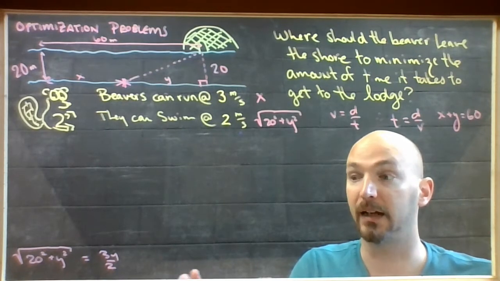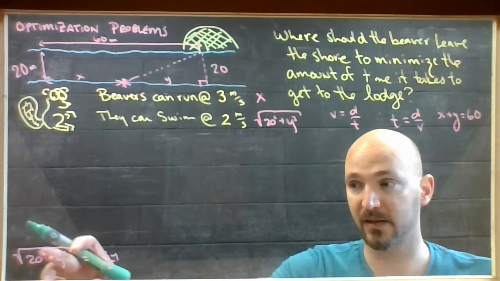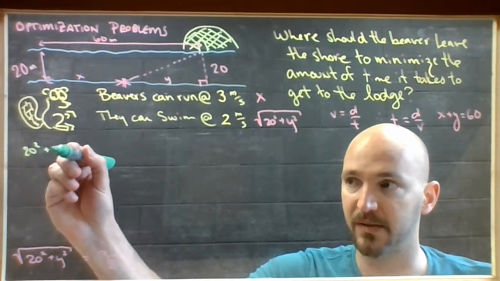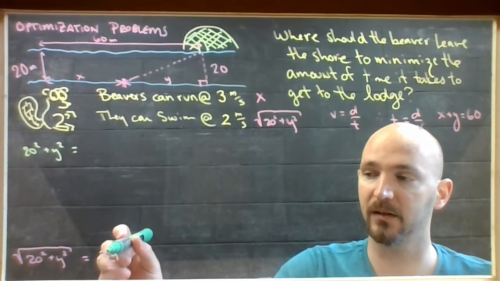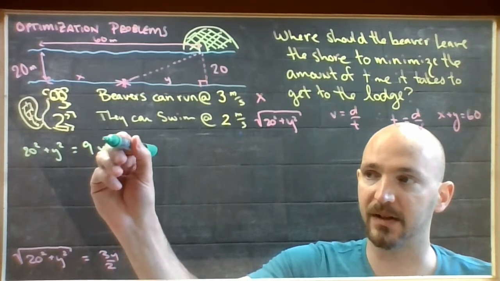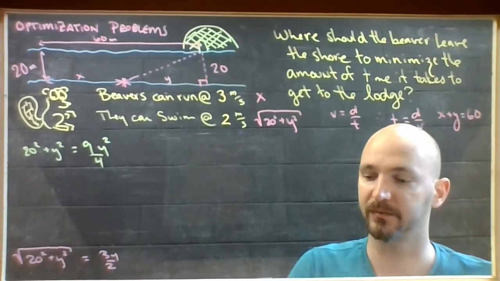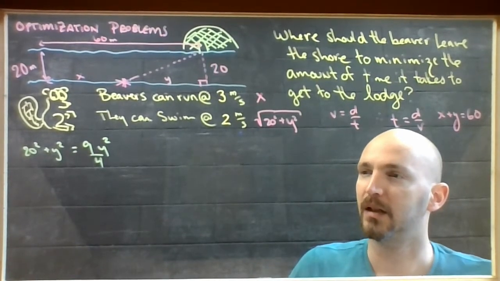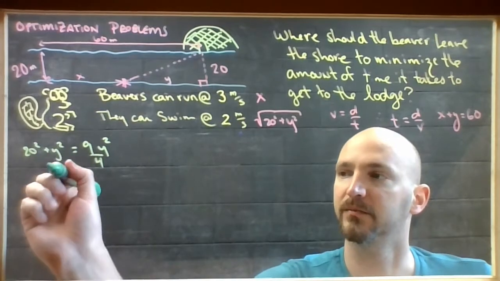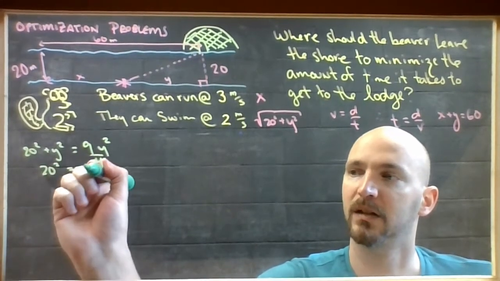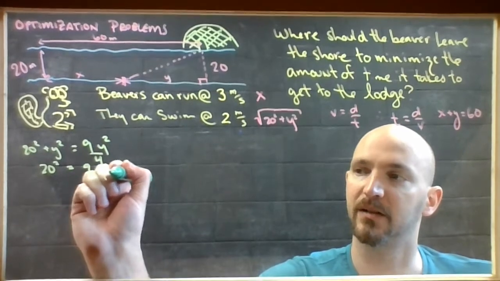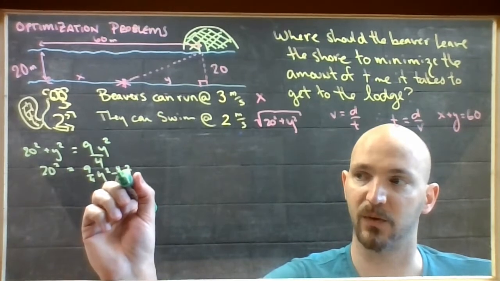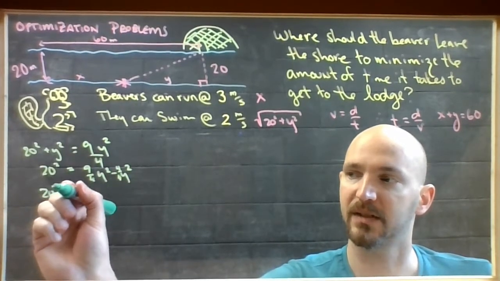Where were we? This. I'm going to square both sides. So the square root of 20 squared plus y squared, squared, would be 20 squared plus y squared. This side here, 3 squared is 9, y squared is y squared, and 2 squared is 4. All right. So I'm going to bring this y squared over here. It's 9/4 of y squared minus y squared. Well, 9/4 of these minus, well, this is 4/4 of that. Gives me 20 squared equals